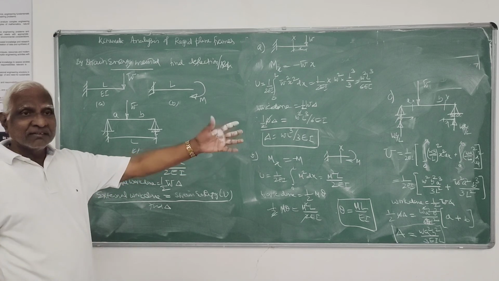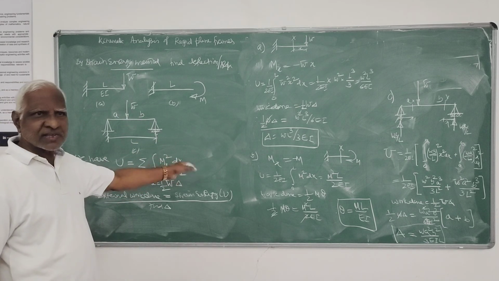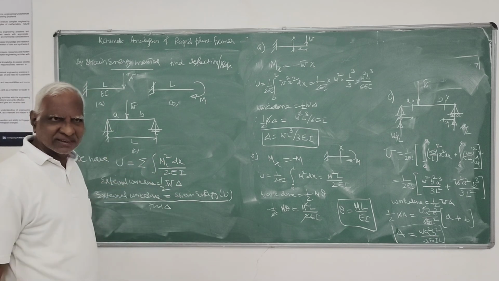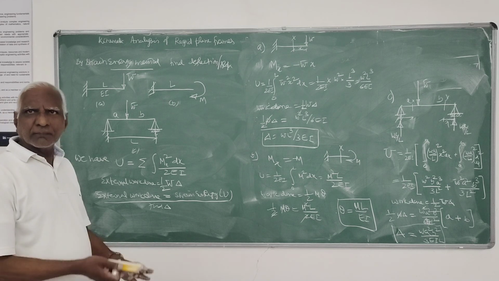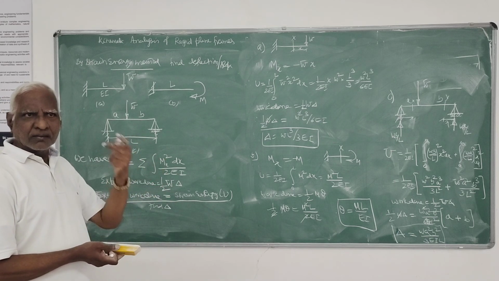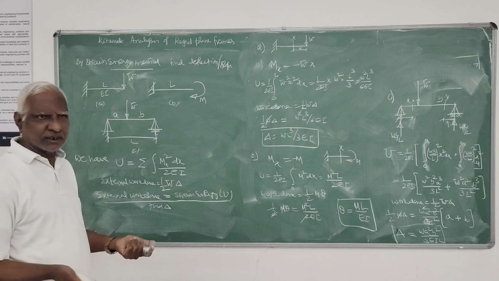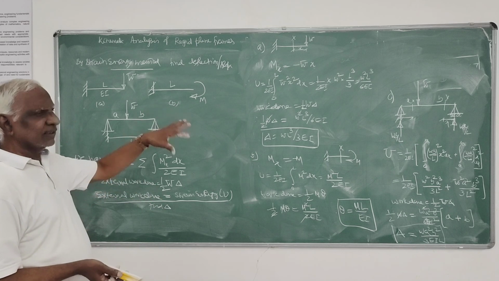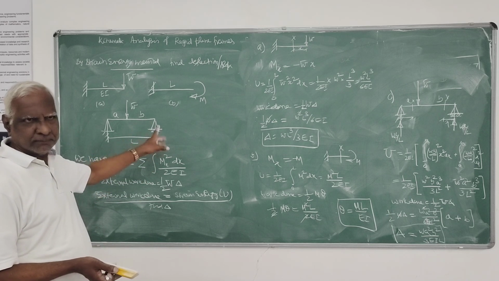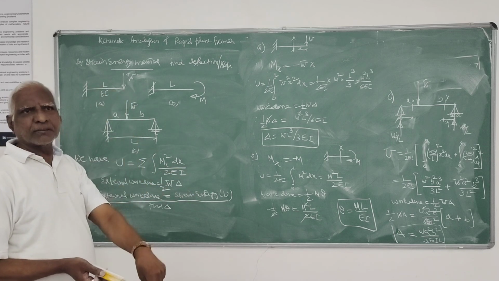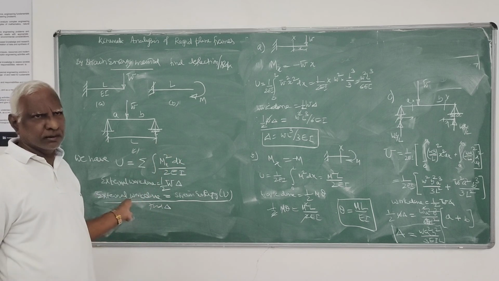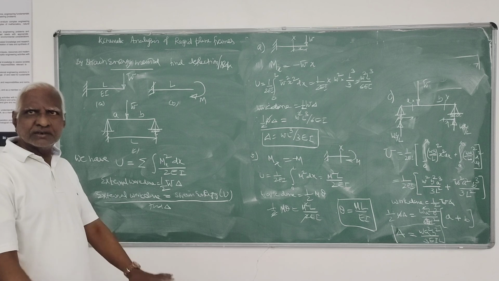So like this, very simple process, in just 15 minutes I finished. That's the application that I could have done to start with, how to find Mx. So with this, we have completed the strain energy method. What is strain energy? What is Castigliano's theorem? What is the dummy load method or virtual work? Then how to find out, and the equations and their application. Here it is only for simple beams, strain energy method with one load and deformation only in the direction of load. That's all. Then Castigliano's theorem for all beams, frames, trusses. So with this, unit 4.